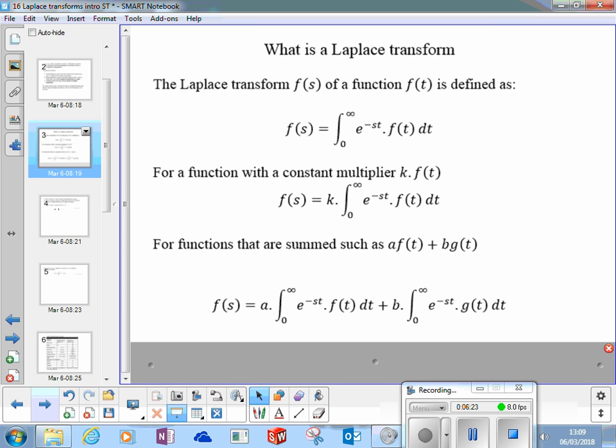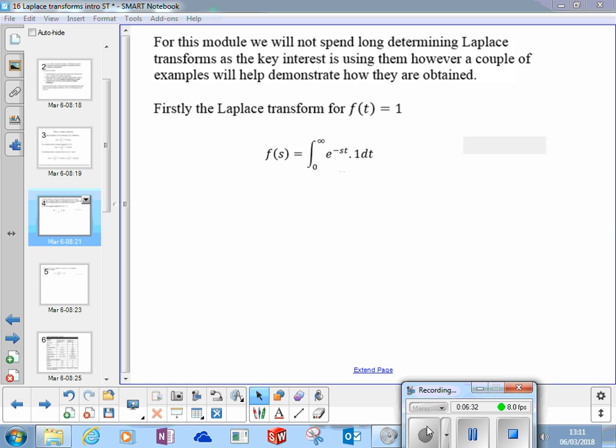Of each of them added. We'll look at a couple of easy ones. Definitely. Can anyone remember the